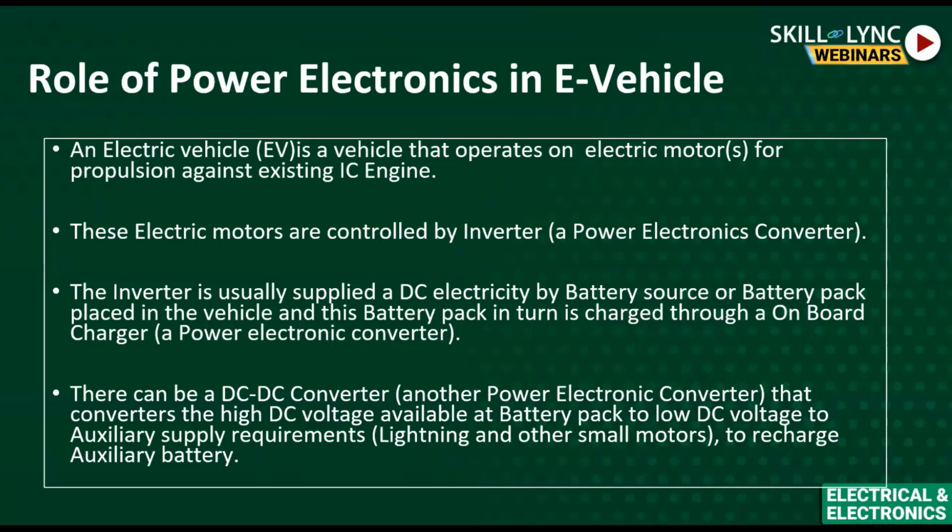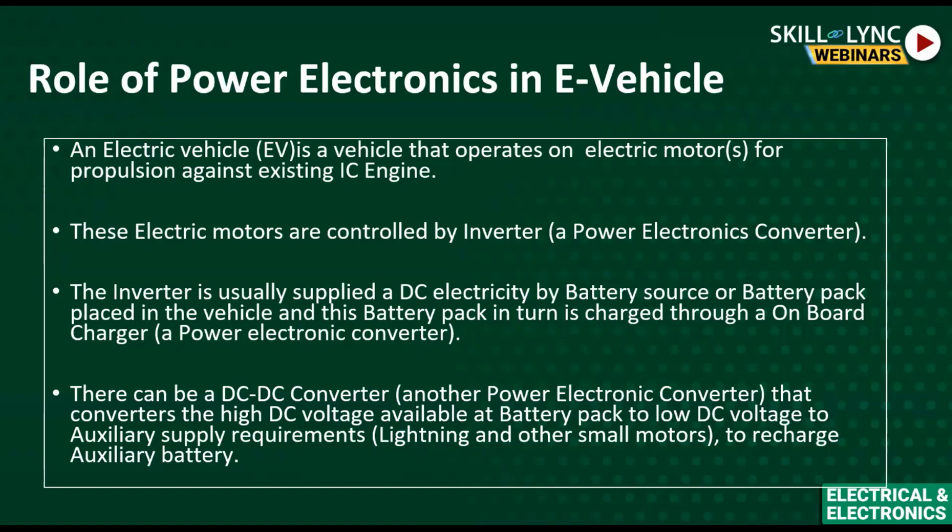So you'll have the picture of the onboard charger block diagram. There can be another DC-DC converter, which we have also seen, to supply other loads like lighting or other small motors, or to recharge the auxiliary battery. There is a lot of power electronics used inside the vehicle, the e-vehicle especially. One is the inverter for the powertrain. This inverter can be one, or two, or four. It depends on the OEM car manufacturer, right?